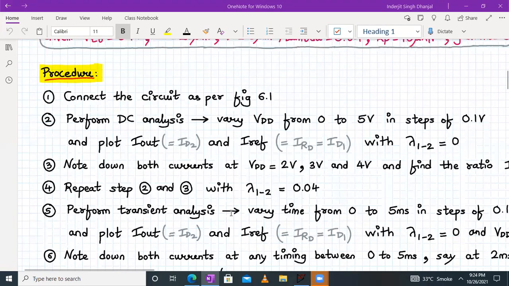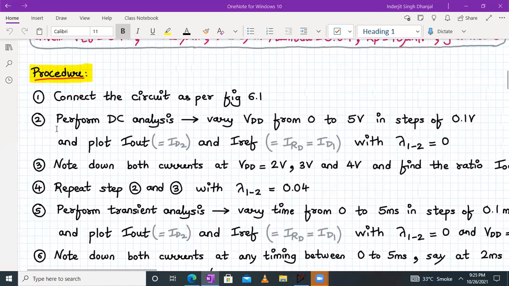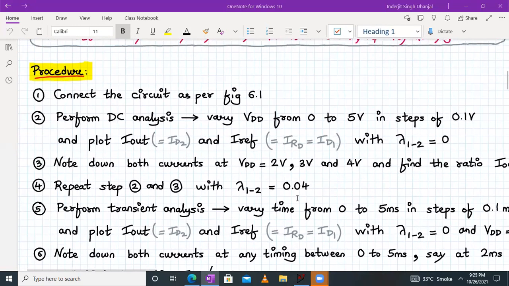Now note down both the currents at VDD equal to 2 volt, 3 volt and 4 volt, and find out the ratio I out upon I reference. Now we have to repeat steps 2 and 3 with lambda 1 equal to lambda 2 equal to 0.04. So this is one half of the experiment of this part A.